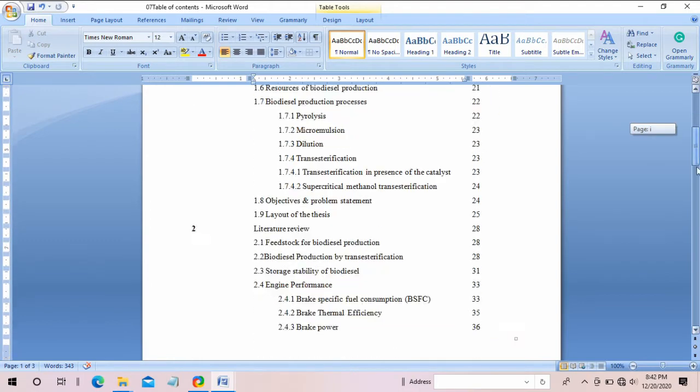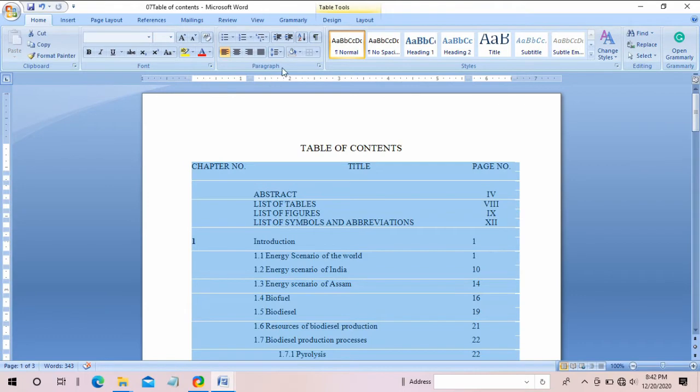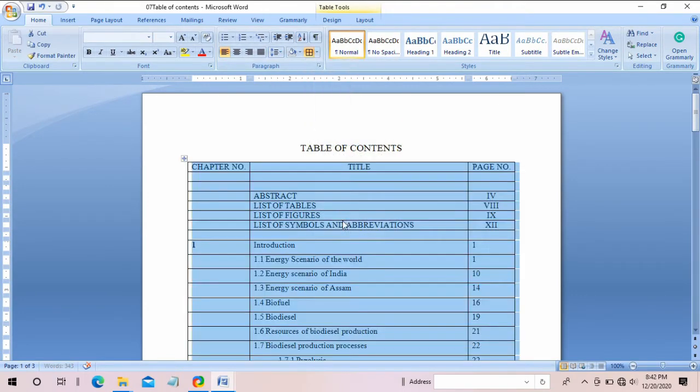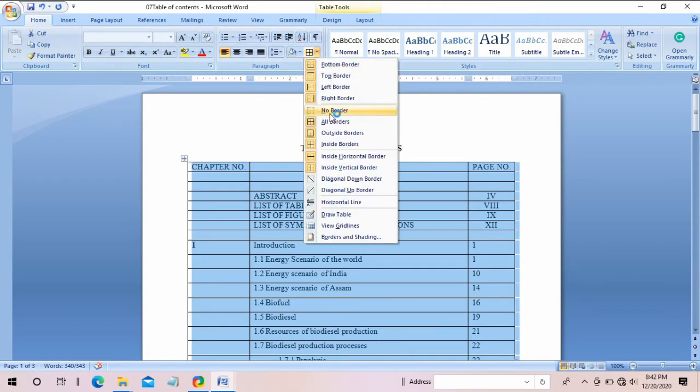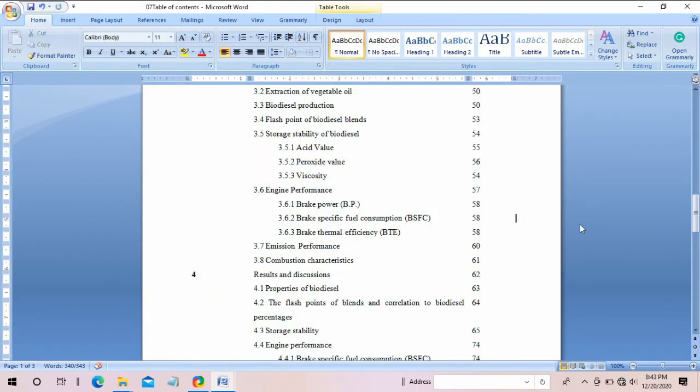Now one more thing, you should prepare the table of contents in tabular form like this. You can see this is actually a table. So when you modify something in this table, the format will not change. It will look good, so it is very convenient. Again, you can hide this table this way, with no border. You can hide this table and it would be like this.